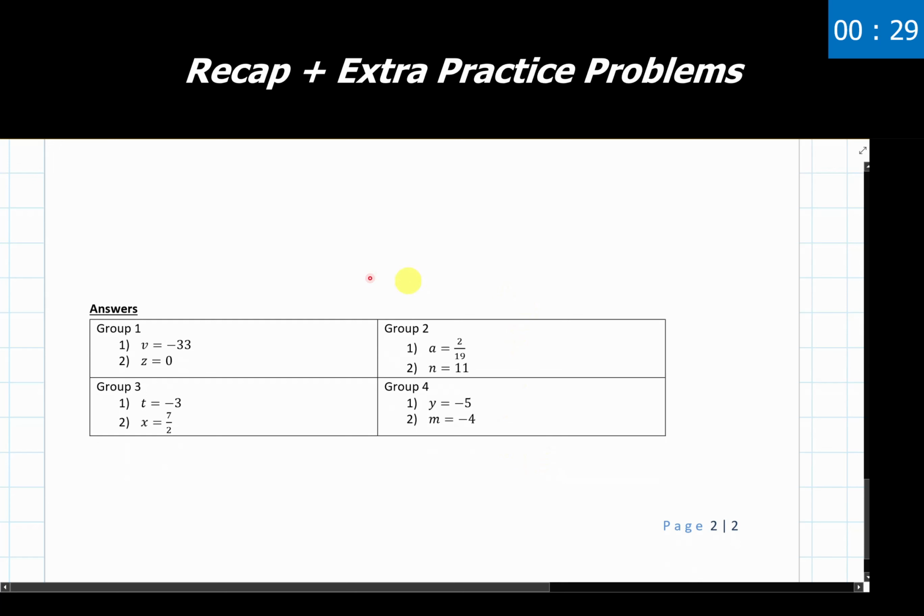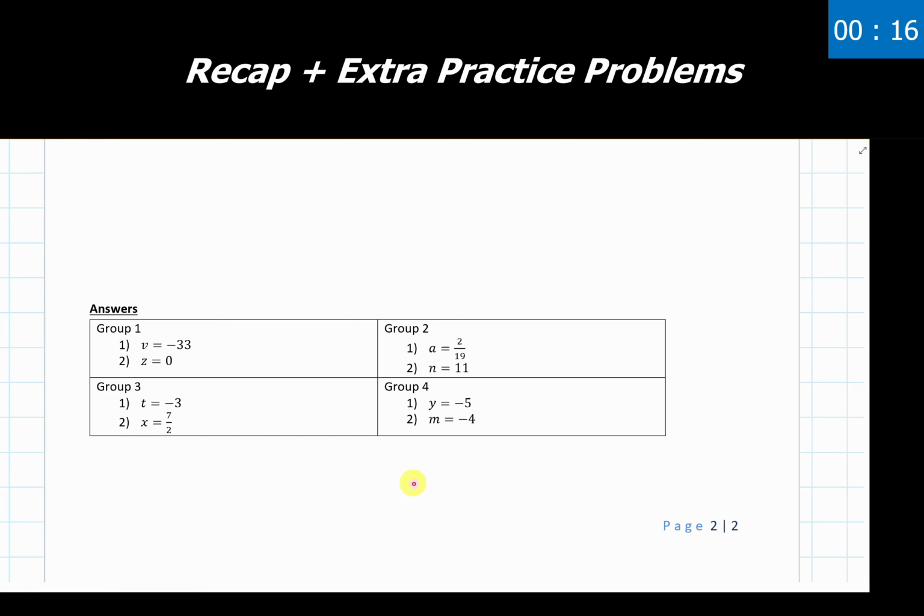Alright, and here we have our answers to each of the problems. Hopefully you leaned on the process that we use. Let that reveal the answer to you rather than you forcing the answer, forcing an outcome that you want to be the case. I really feel that leaning on that and just letting it reveal what's going to happen makes these problems a lot less stressful as well. So hopefully that's been helpful, and that's everything with solving linear equations.